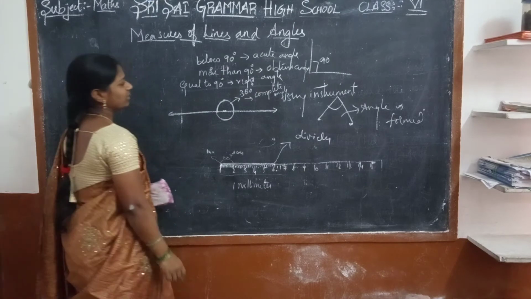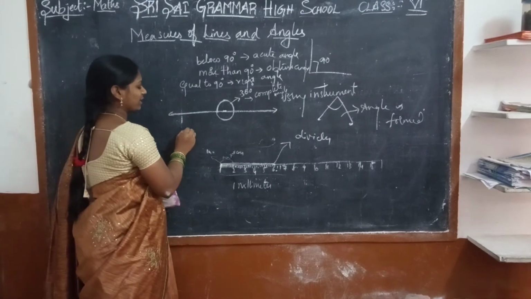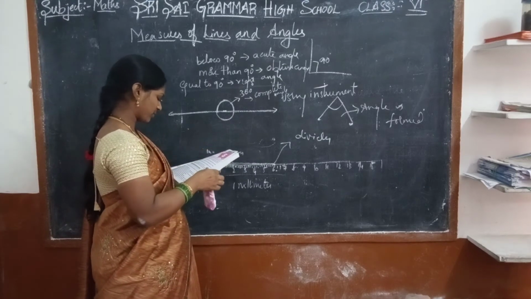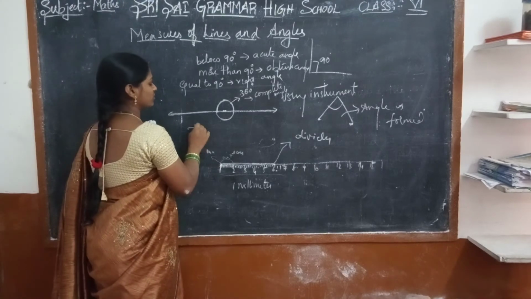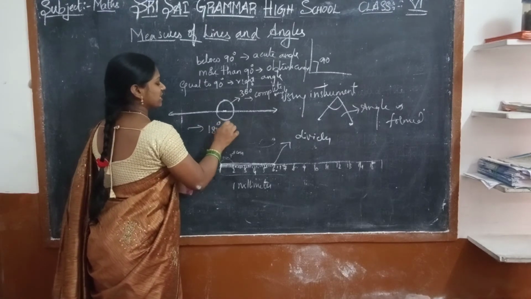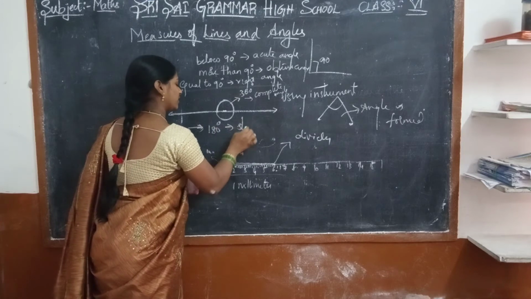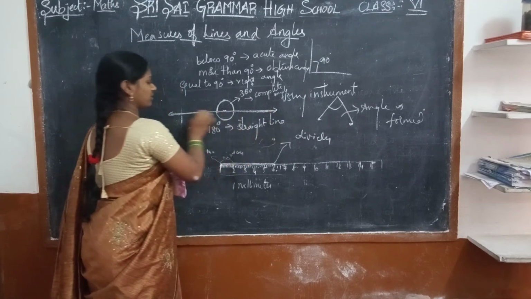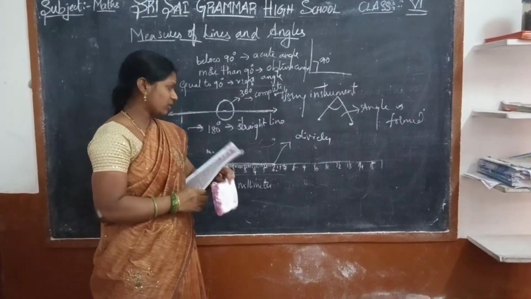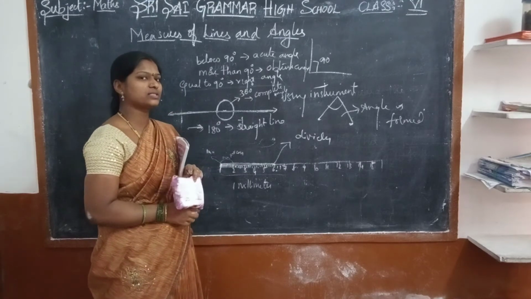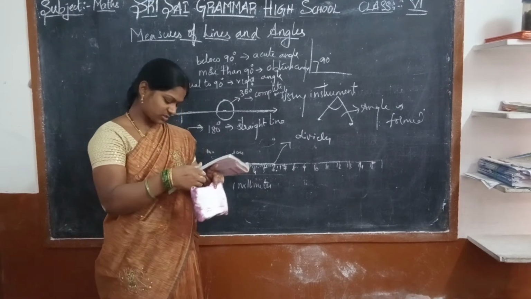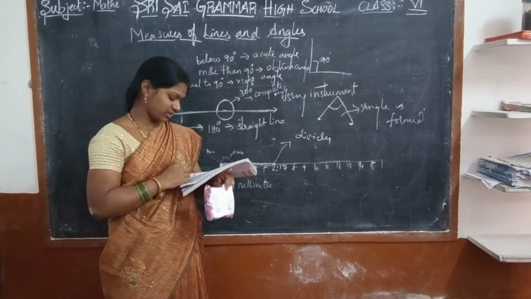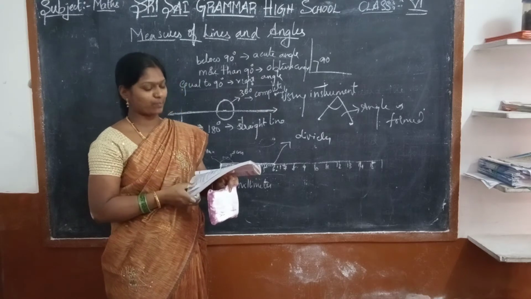Then the angle formed when you measure the angle which is equal to 180 degrees, exactly 180 degrees, is called a straight line. That is nothing but this only. Now, which is exactly 0 degrees is called a zero angle. Understood? Less than 90 degrees, more than 90 degrees, exactly 90 degrees, and exactly 360 degrees is a complete angle.